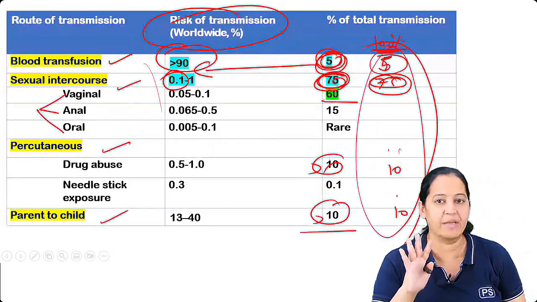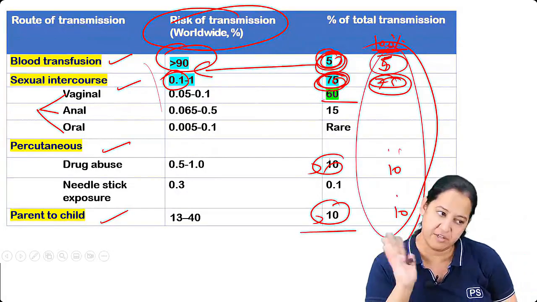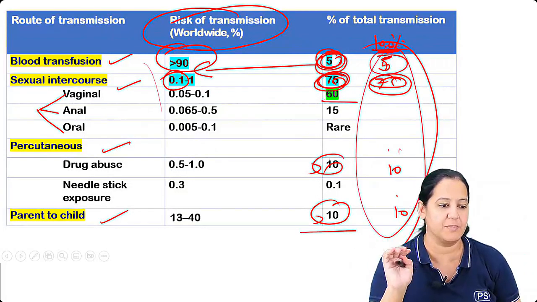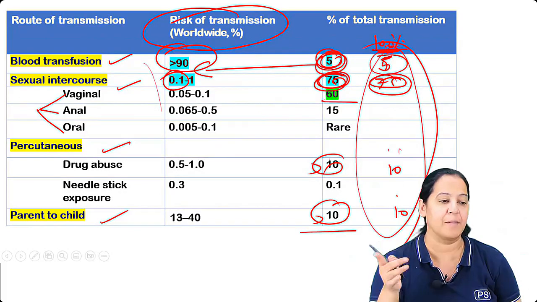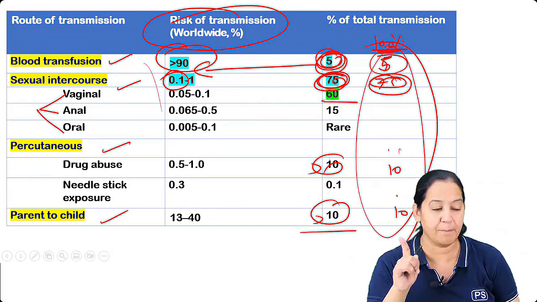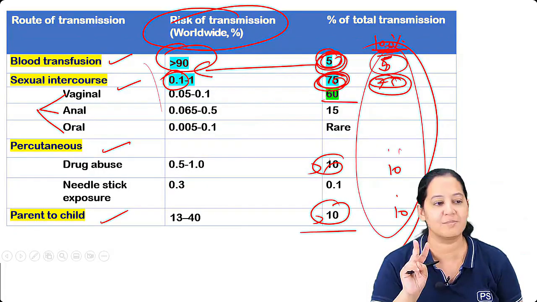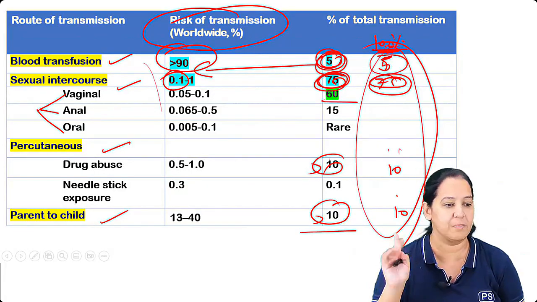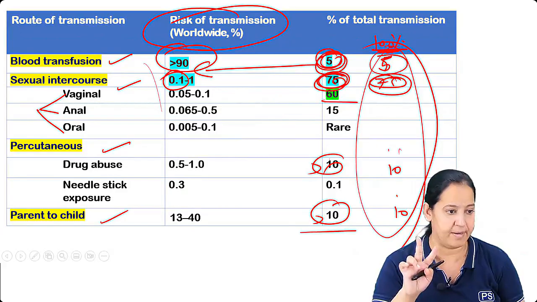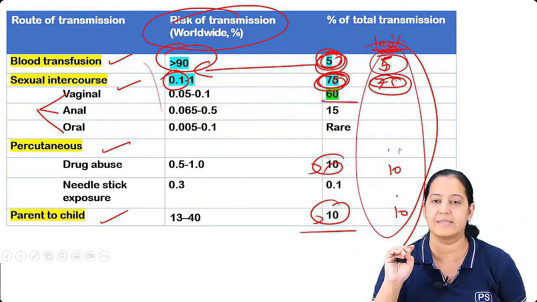You got my point? So please understand your question very carefully. I will show you the question also; you will understand in the question. So Kartika, that is a different thing. Per coitus we are talking now. We are talking per BT, per coitus. Per BT, how much chance is there? 90%. Per coitus, how much chance is there? 0.1 to 1%. We are talking per one. Okay, that is the thing.